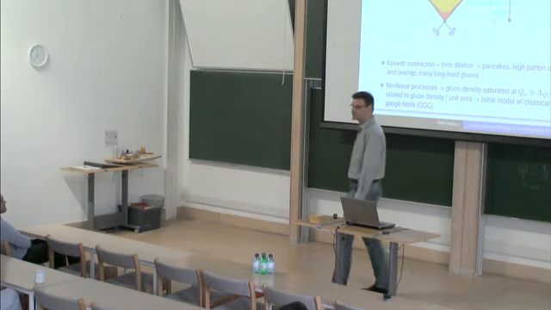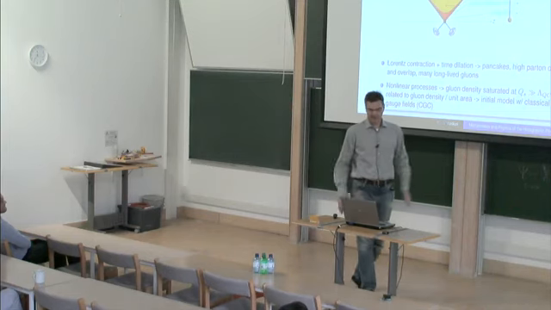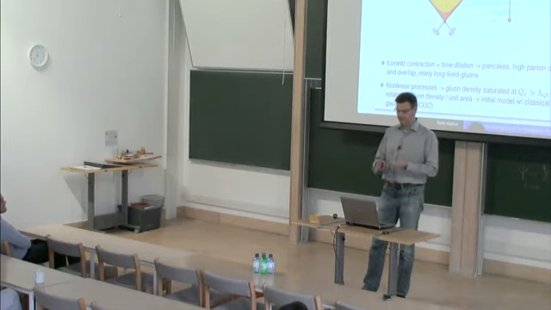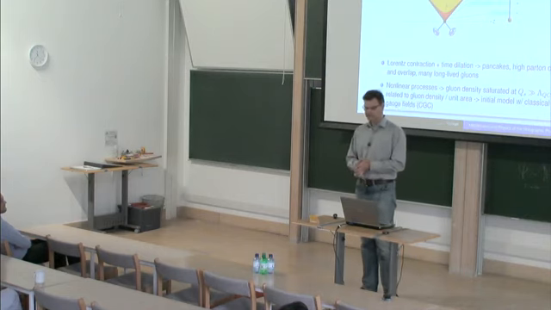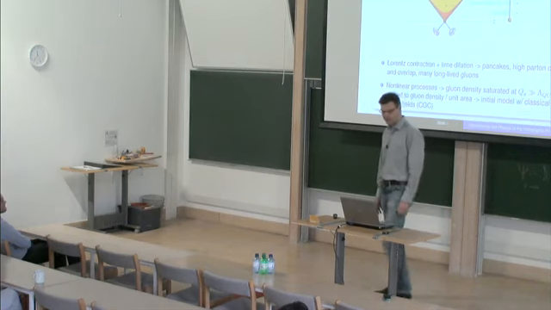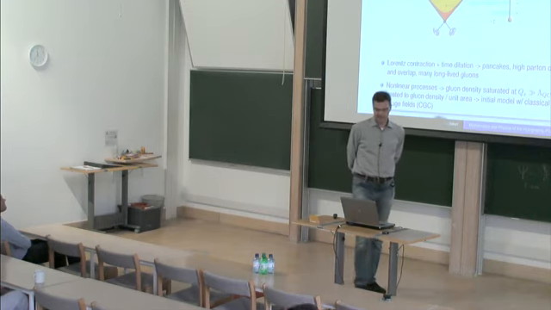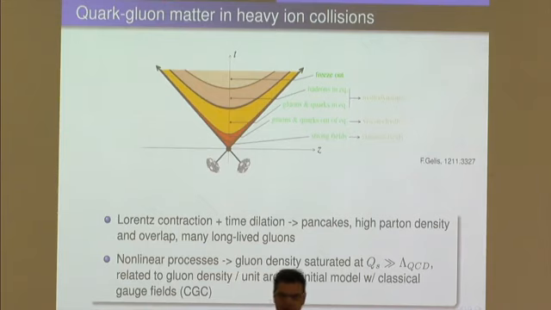Now these gluons interact, and the interactions are nonlinear, and you would think that this is a horribly complicated process to describe, but fortunately it turns out that the effect of the nonlinear interactions is that the system becomes phase coherent, and you can model it by essentially a classical field, and that's the so-called color glass condensate model. So the color glass condensate, or CGC, can be used as a model for the initial stage of the gluons in the collision.